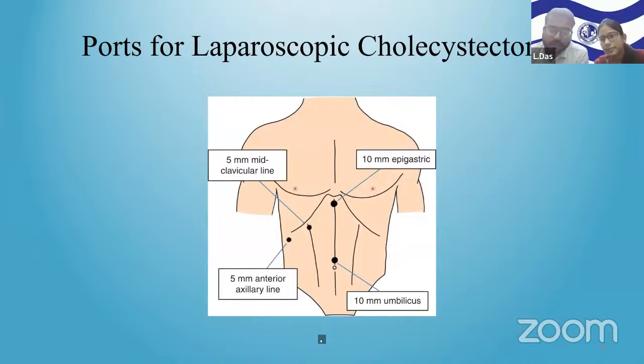Sir, when they are inserting the port site, if the stomach is not deflated during the insertion of the trocar or the needle, there can be perforation of abdominal contents. Also, during the insertion of the needle, it can directly injure a vessel and lead to direct insufflation of carbon dioxide into the vessel itself. So, sir, we should be aware of those and keep in mind that those changes can occur.